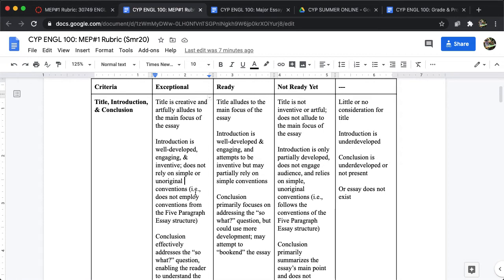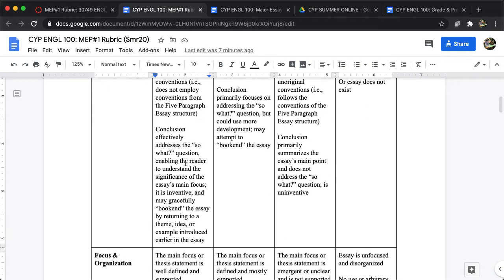5-paragraph essay carryovers. For your conclusion, the conclusion effectively addresses the so what question, enabling the reader to understand the significance of the essay's main focus. It is inventive and may gracefully bookend the essay by returning to a theme, idea, or example introduced earlier in the essay. So this is one of the challenges in our paper, to have a conclusion that addresses the so